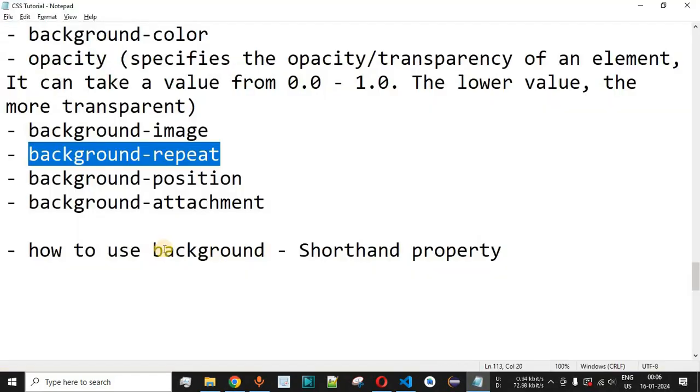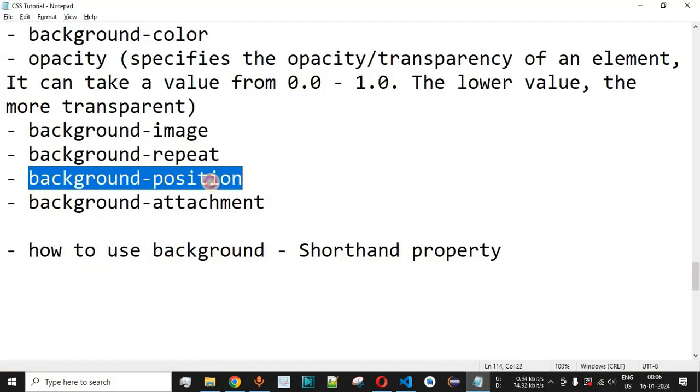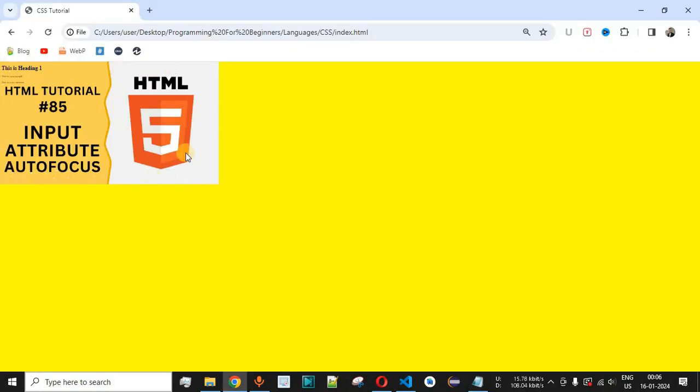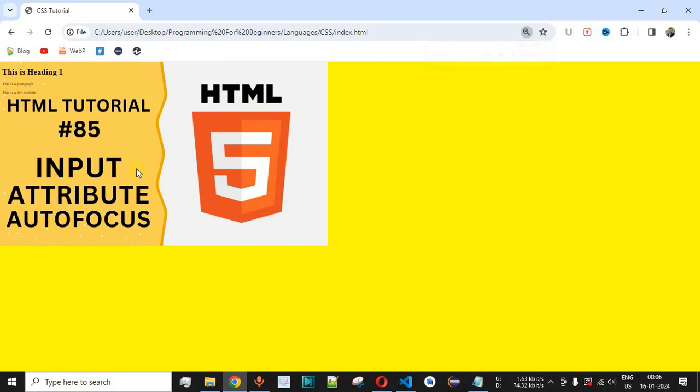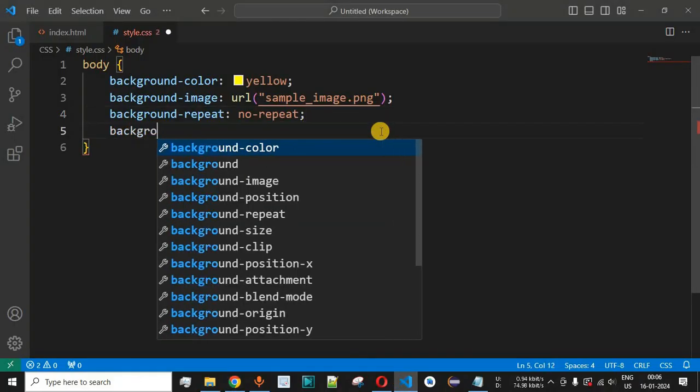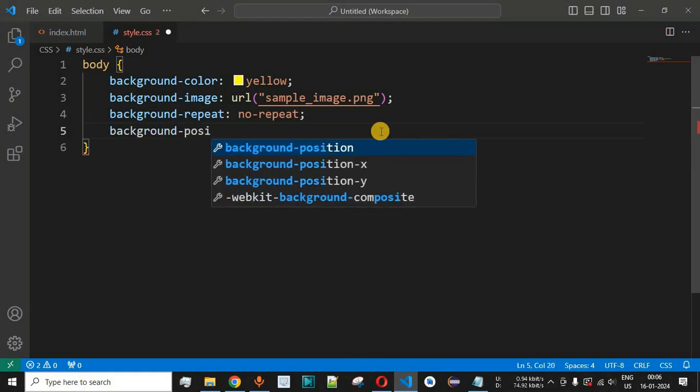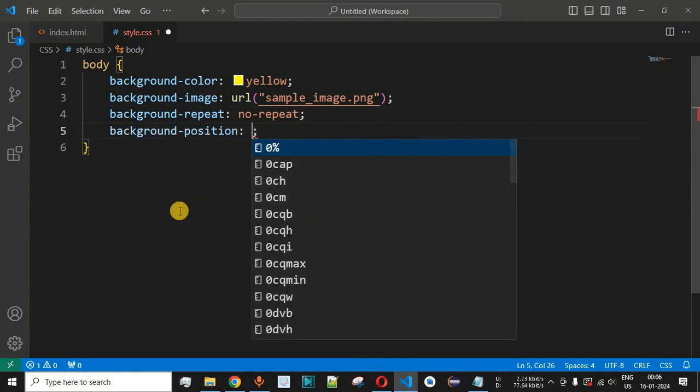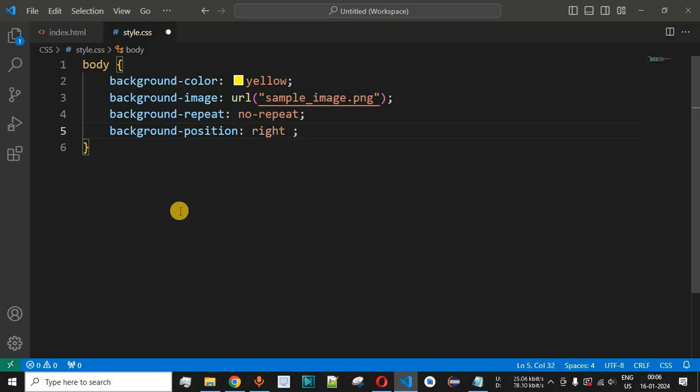Now guys, apart from this we have another property that is background-position. Basically this will help us provide a certain position to the image. By default it is the top left position at which the background image is getting displayed right now. But let's say if we want to display it at the top right position over here on the right hand side of the screen, what we can do is simply provide the background-position property in this case. So we have background-position, and this time we are going to provide right, followed by a space, and then we also have the top keyword.